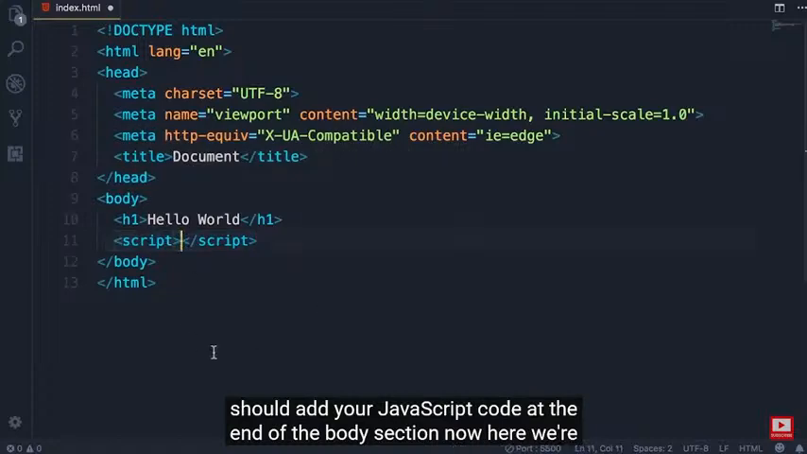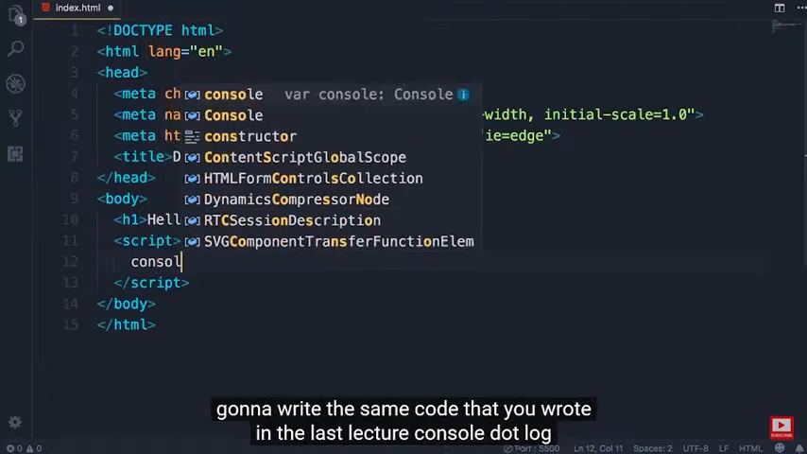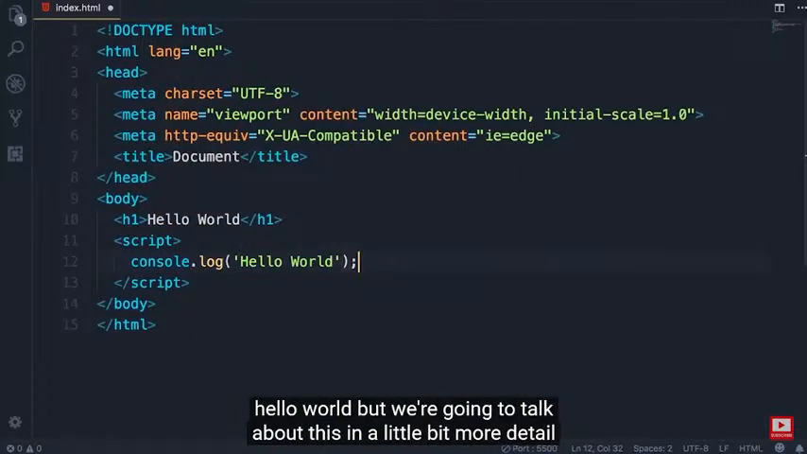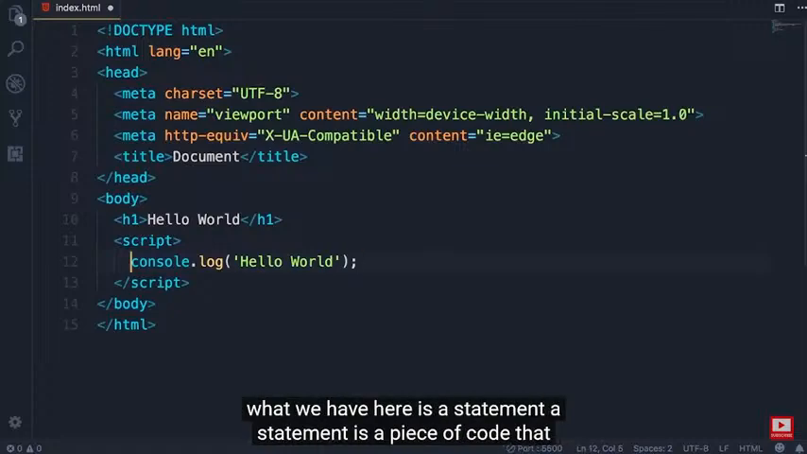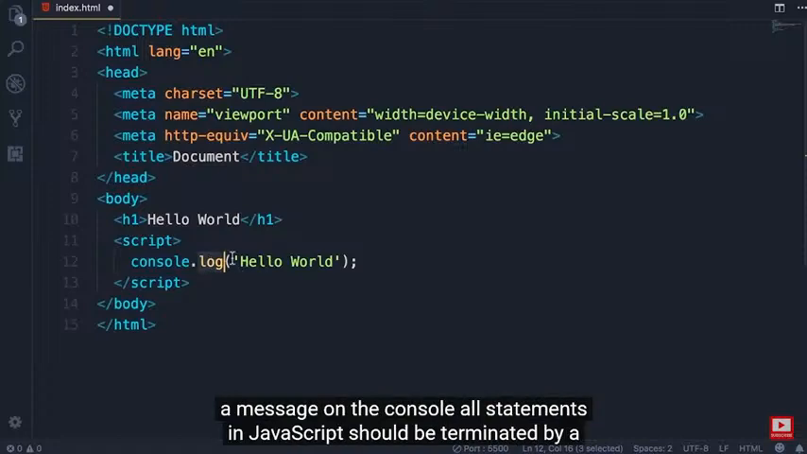Now here, we're going to write the same code that you wrote in the last lecture. Console.log hello world. But we're going to talk about this in a little bit more detail. What we have here is a statement. A statement is a piece of code that expresses an action to be carried out. In this case, we want to log a message on the console. All statements in JavaScript should be terminated